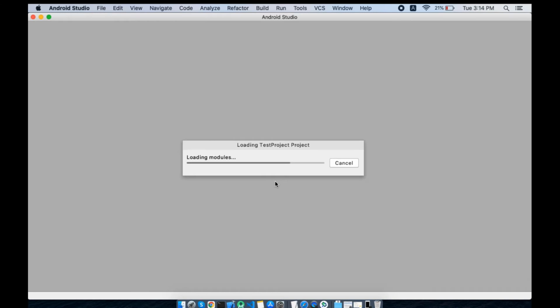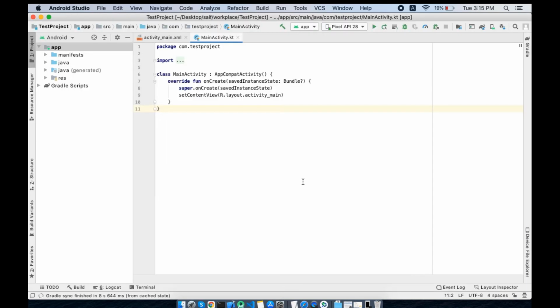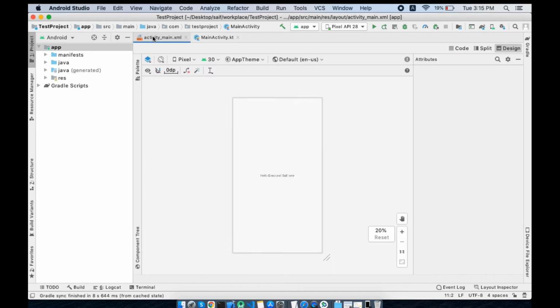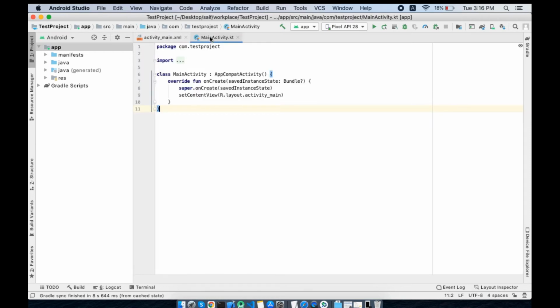It will take some time. Alright, the project is created for us. By default, Android Studio creates a simple screen for us which consists of two files. Activity_main.xml, which is the layout and design file for our screen, and the other one is MainActivity.kt, which is a Kotlin file.